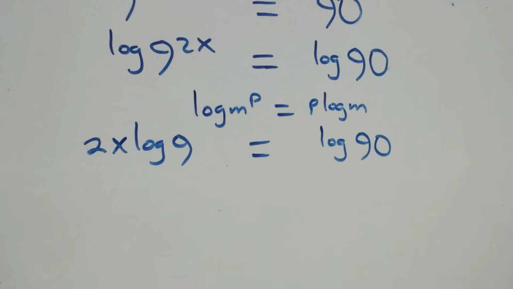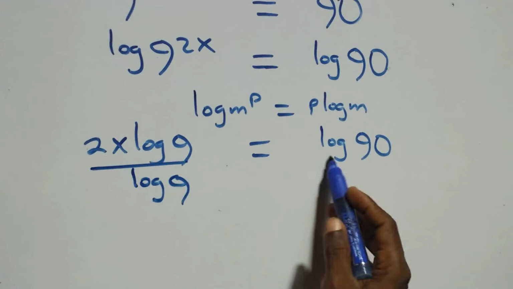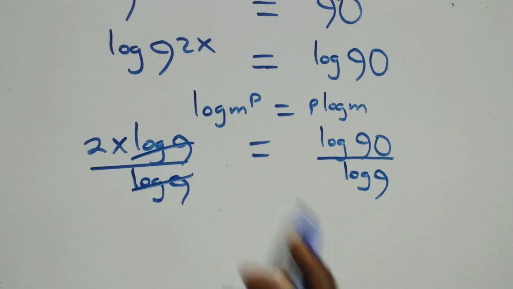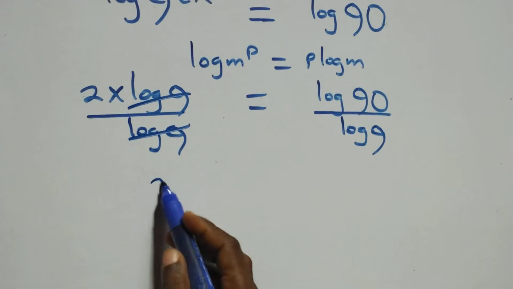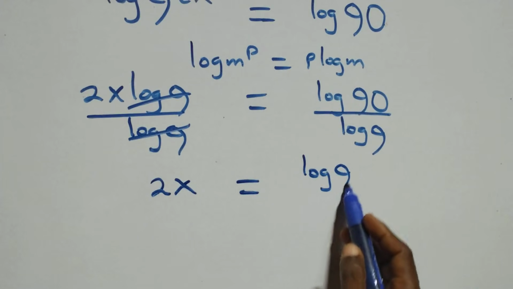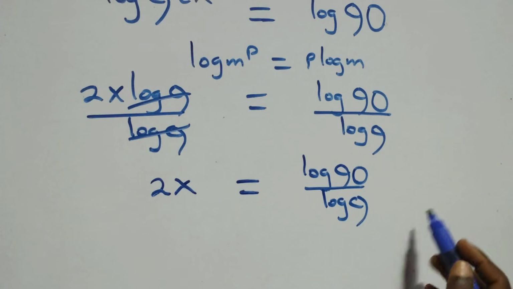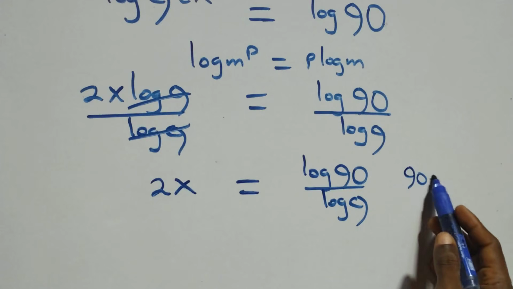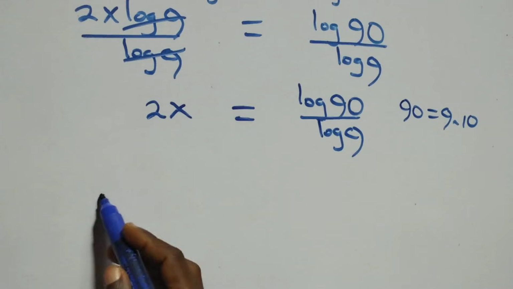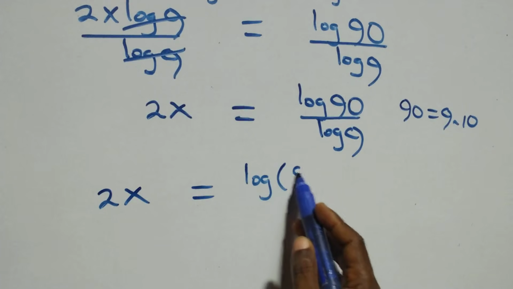At this next step, divide both sides by log 9. Divide this side by log 9, and also divide this side by log 9, which implies log 9 cancels here. We have 2x equals log 90 over log 9. The next step, we can write 90 as 9 times 10, which implies we have 2x equals log 9 times 10